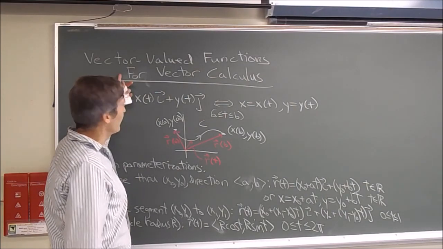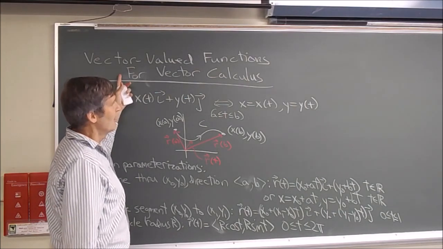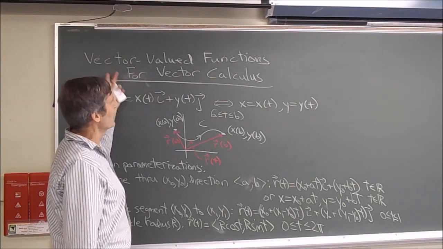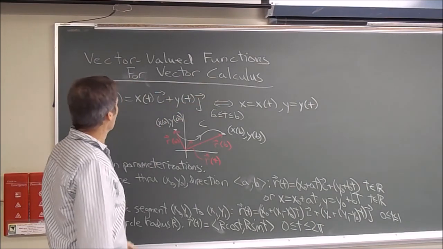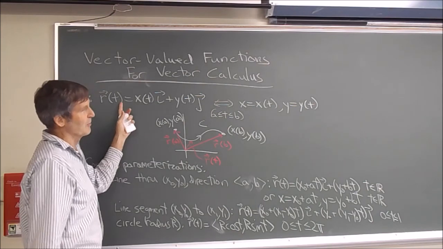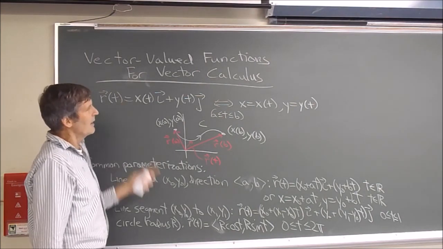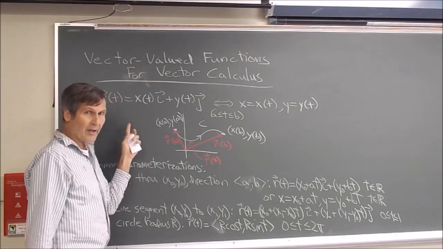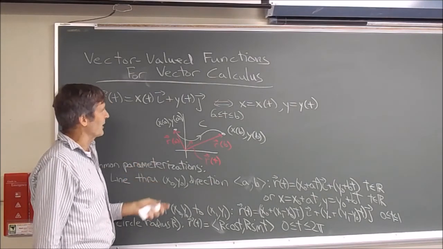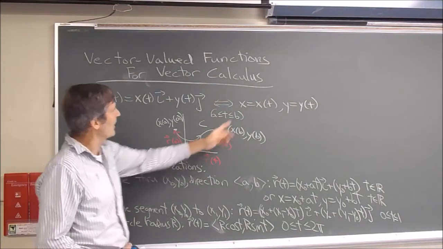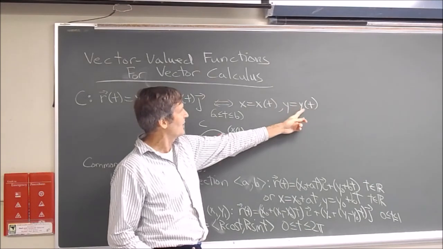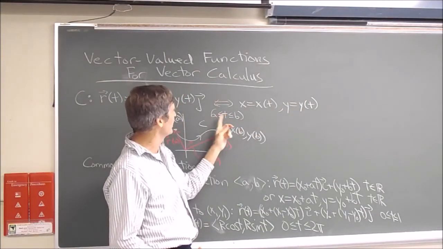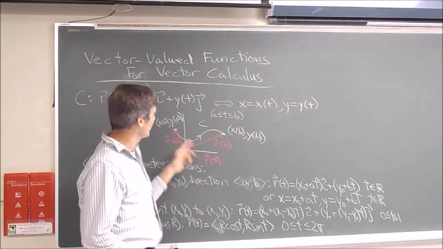But a vector valued function is just what it says. It's a function that if you put in something, you get out a vector. In particular, we're interested in putting in a number and getting out a vector at this point. We've already done that to a certain extent, right? We did parametric curves, and on parametric curves, you could write x as a function of t and y as a function of t. Let t run between 2 points like a and b, and sweep out a curve in